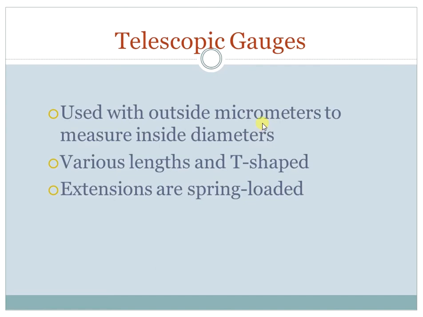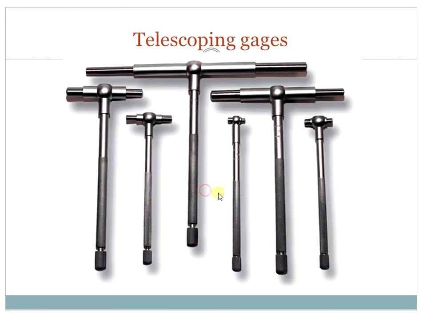Then another type of angular measuring instrument we have is the telescopic gauge. The telescopic gauge is nothing but an instrument of a T-shape. It's a simple T-shape instrument used to set dimensions, and then that set value can be transferred to an instrument called a micrometer and we can get the dimensions. It has some sort of spring loading. That is how it looks.